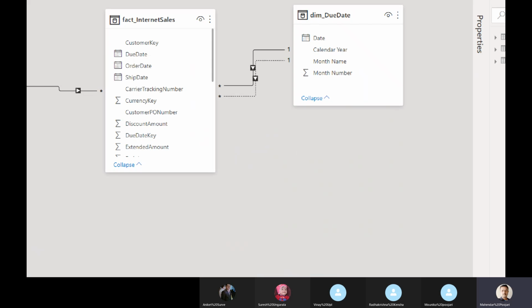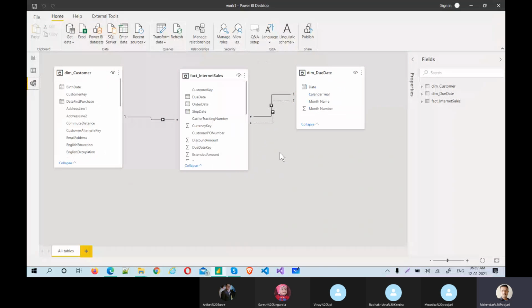I'll tell you again. To avoid that, Power BI introduced, maybe in November 2020 or somewhere around then, the many-to-many relationship. Inside Power BI there will be a unique table, but that will not be exposed to us. So they connect between the many-to-many relationship, and that will be bidirectional. Even now you can do it, but that is not a good practice